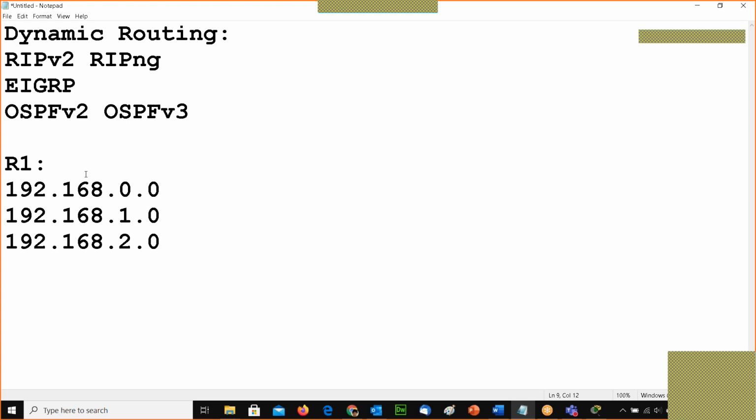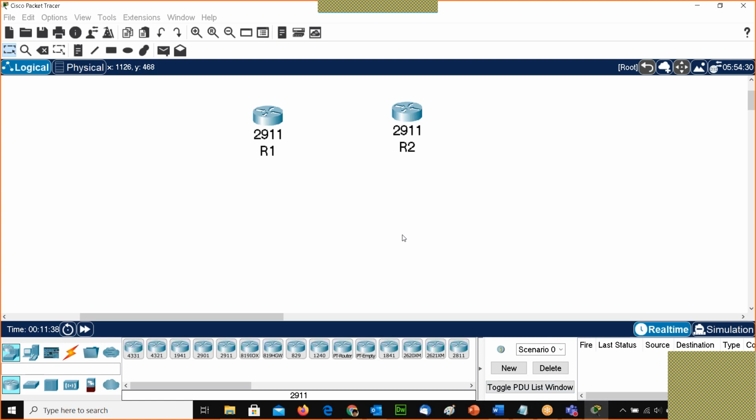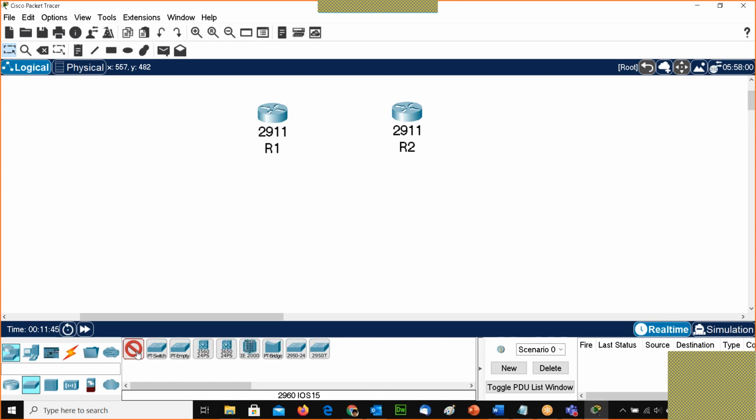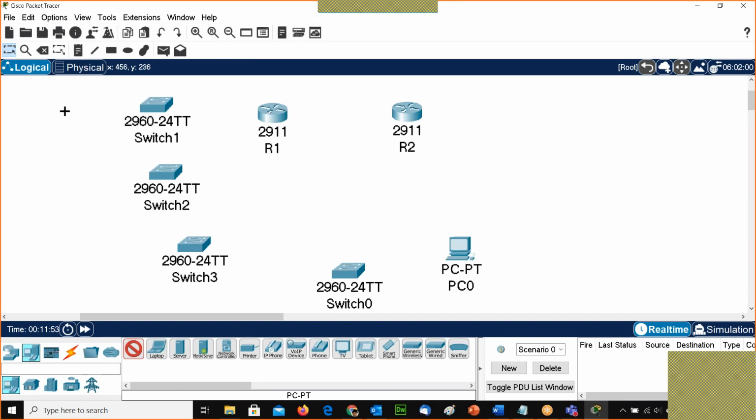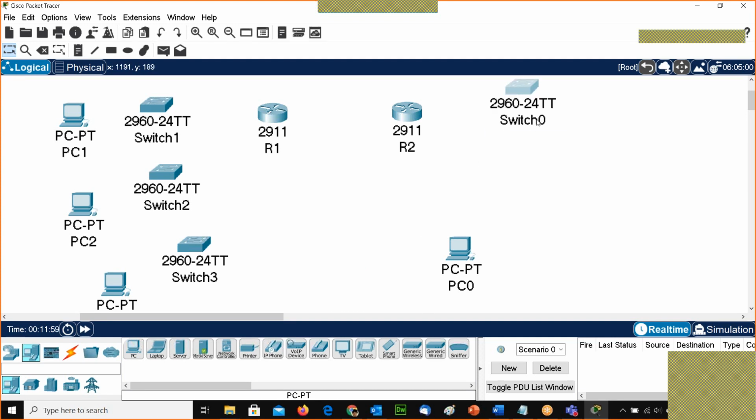You can take any number of devices or any IP addresses for your home network. I have taken a router and here I'm taking three switches, and again PC1. Similarly, for example, a switch here. Okay.